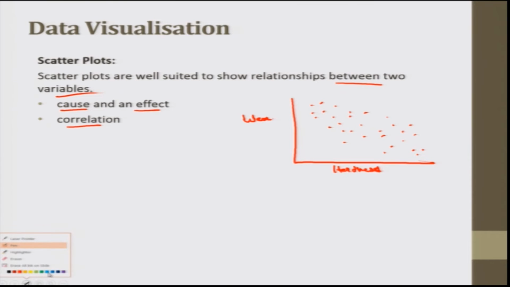I can say, okay, this is a kind of negative correlation. I can put the correlation coefficient here close to minus 0.8. So this is the use of a scatter plot, sometimes cause and effect, sometimes correlation,